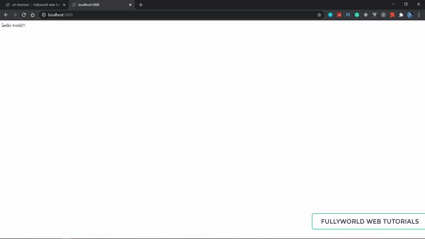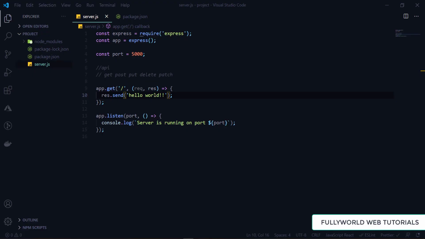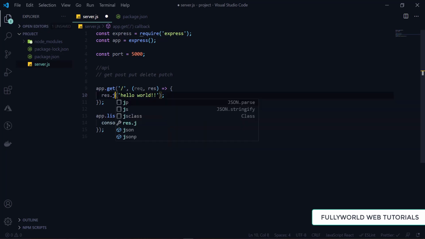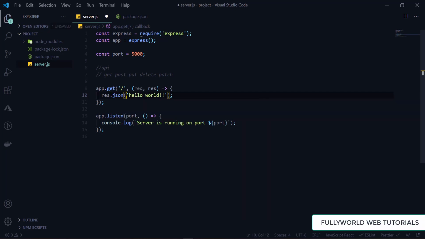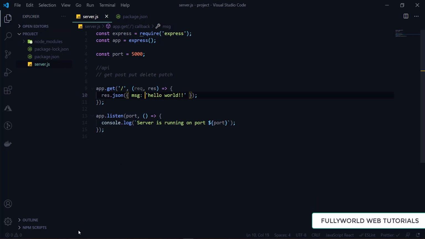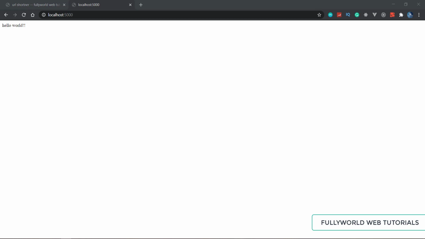We can pass our JSON also here. So response.json, and here we have to pass one JSON object. So here will be our message, we will pass message as hello world. Now we have to start our server again.